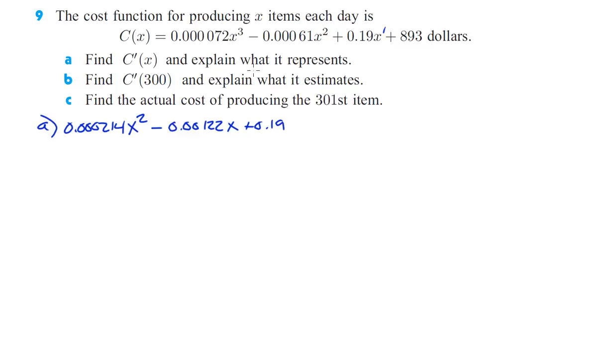So it says explain what it represents. So this would represent the change in cost with respect to producing x items every day. Okay. So this is just the change in cost. Okay. B,